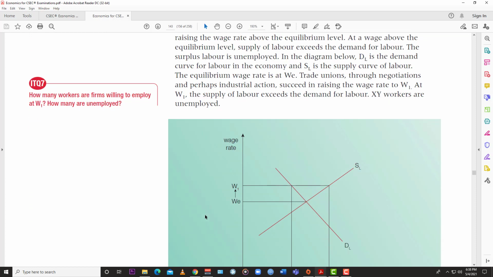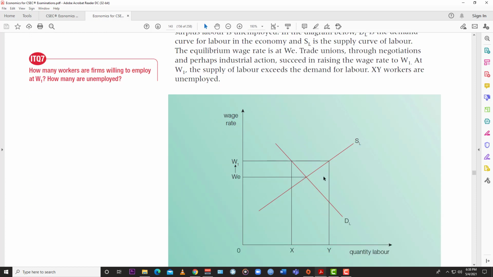So let's look at this demand curve right here. You have the equilibrium right here, and it's saying that because of negotiation or whatever industrial relations, the wage was increased because of the actions of the unions. And so because of this, labor cost has gone up, so the cost of doing business for the business goes up. Because labor goes up, you are going to